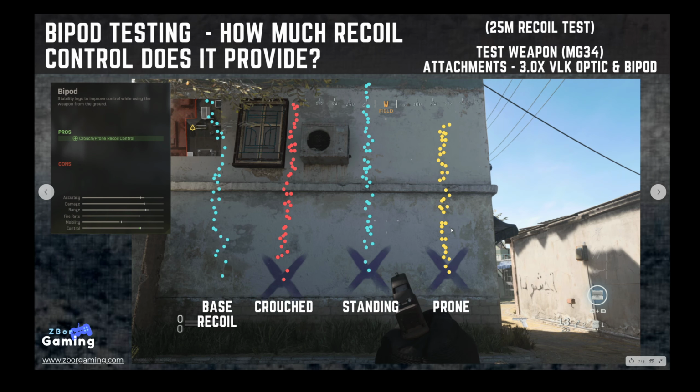So one other thing we wanted to look at here was the BIPOD. The BIPOD is available for all the LMGs. And we wanted to see how much recoil control it actually provides. So per its characteristics here, it says that you get crouch and prone recoil control. So we decided to go ahead and test this, and we actually found that I don't believe that to be